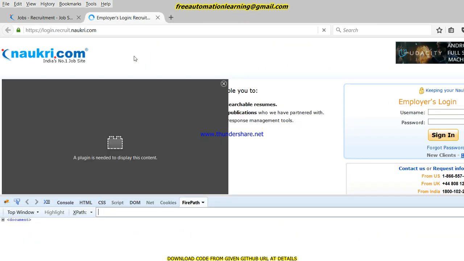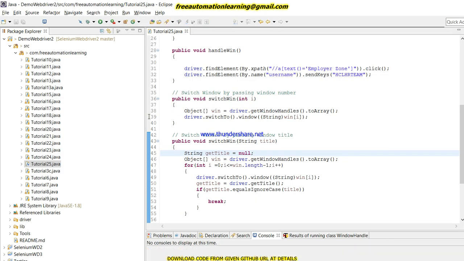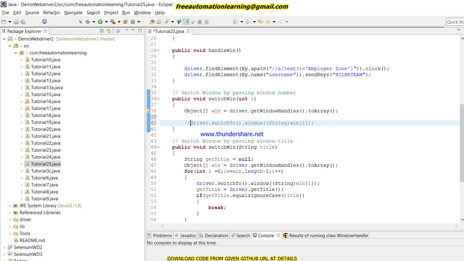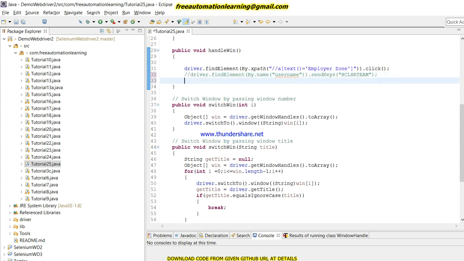Just give me a second. I have to identify the login title, right? So just let me open this code again, so that we can easily